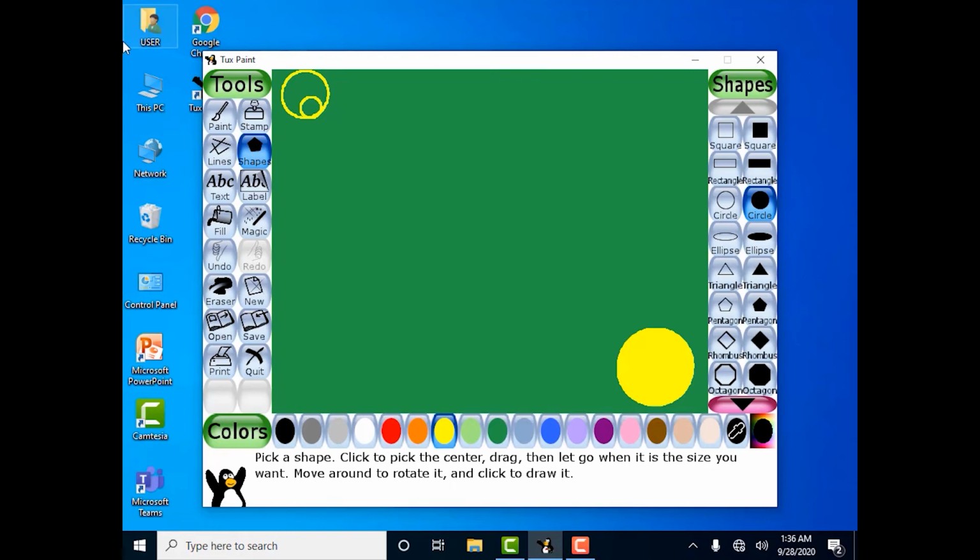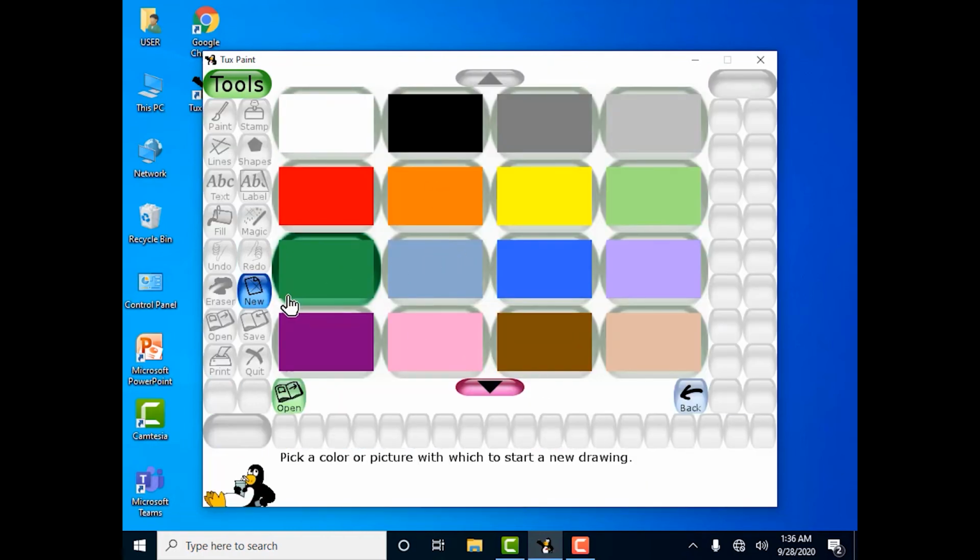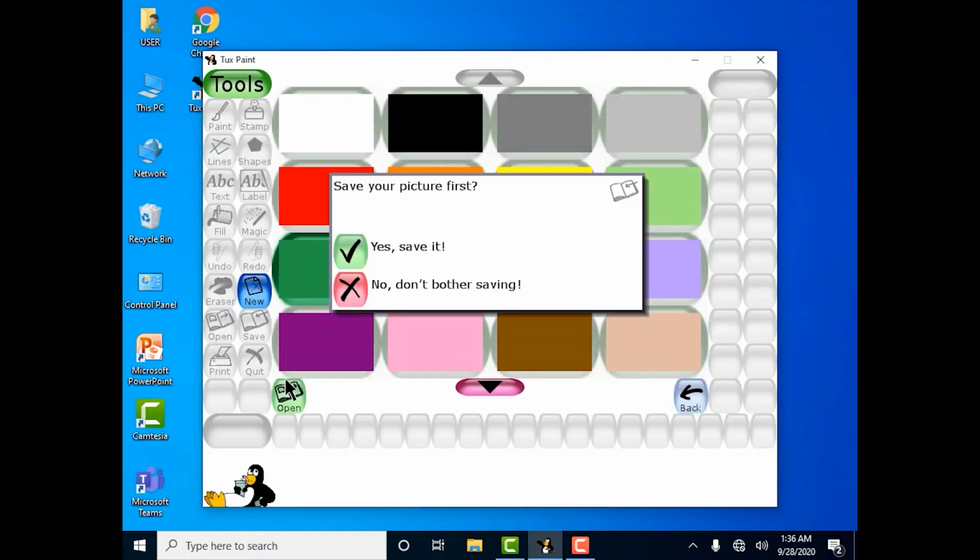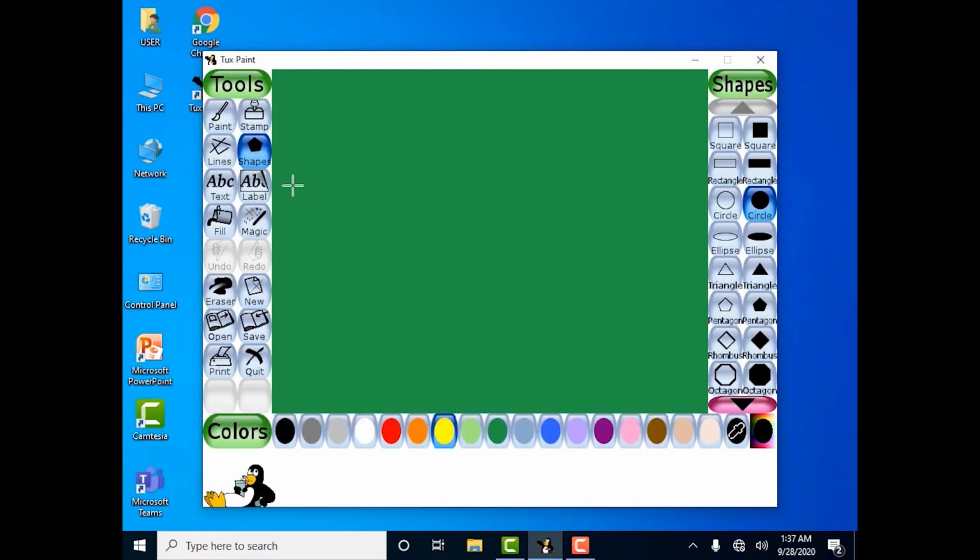Open a new file in Tux Paint. Select the Text tool and write the following text.